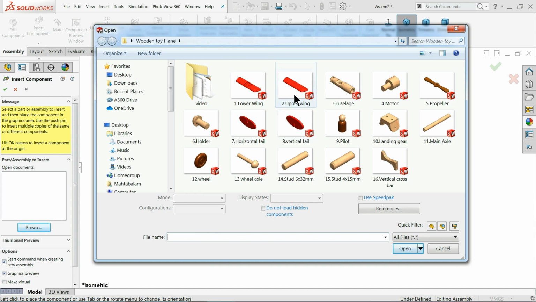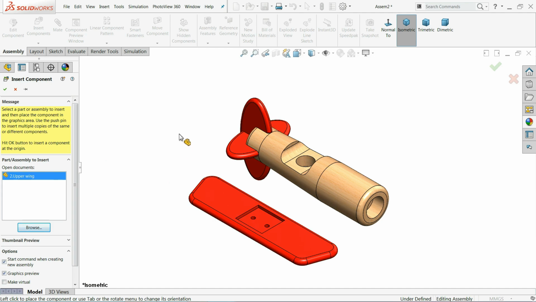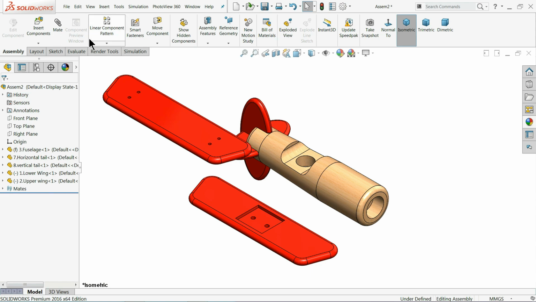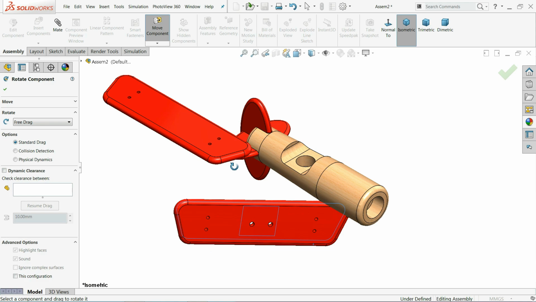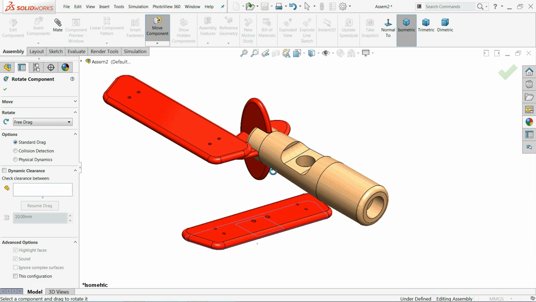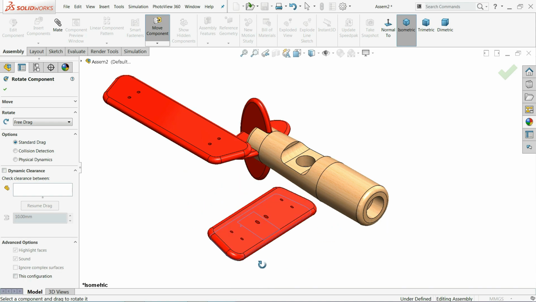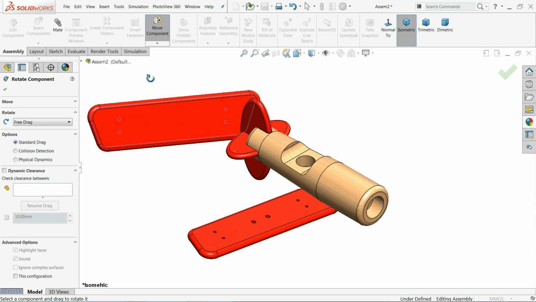Now here we will choose the next part, these two, upper and lower wing. This is the lower, this is the upper. First rotate, keep like this. Like this corner should be out, and this one also should be like this.